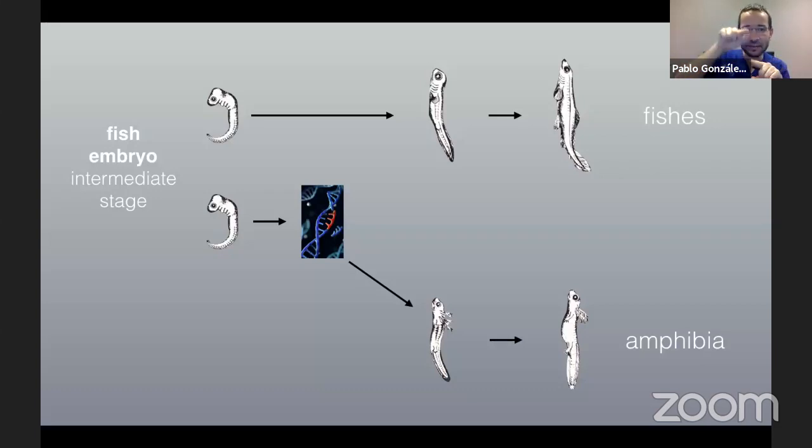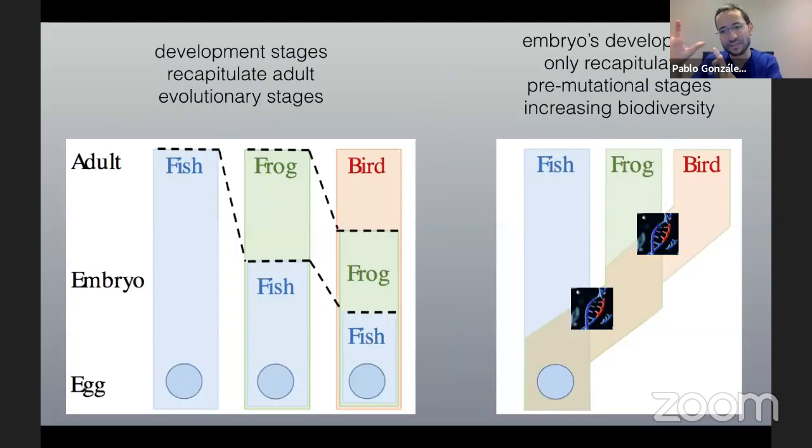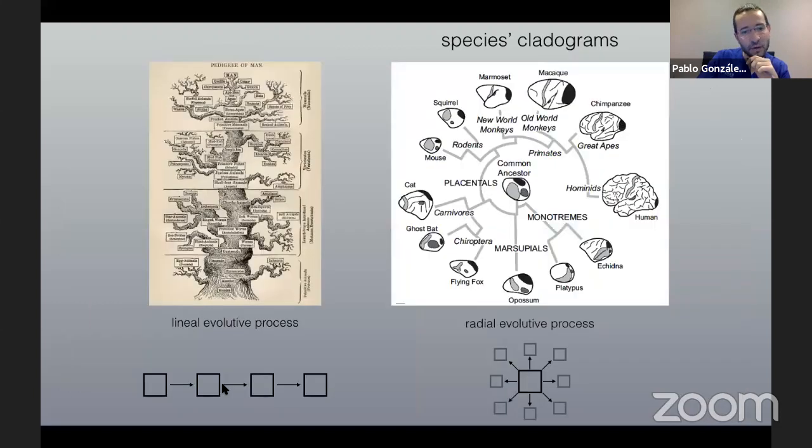But you can see there's a differentiation. So we are missing this part. Once we analyze the amphibian evolution, we will miss the most advanced stages of the embryo evolution of fishes. So this is what we are missing, the evolution of the most advanced stages. So indeed, this is how it's happening, and the embryo's development is only recapitulating the pre-mutational stages, increasing like this the biodiversity. So this is how Ernest Haeckel was thinking about the evolutive process in a linear way,